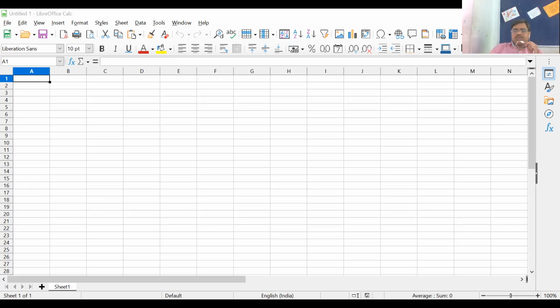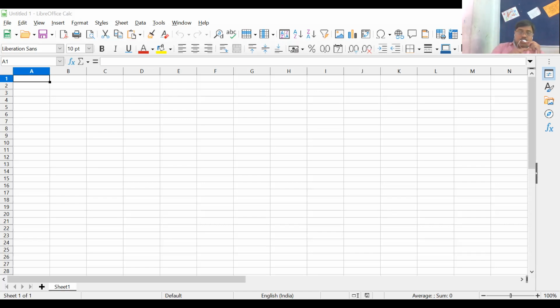Now, you have to know what a row is and what a column is. You see, this is my row number 1. Okay, a row is an arrangement of cells in a horizontal manner. Rows are represented by numbers 1, 2, 3, 4, 5. Now just see, this one is my column. A column is an arrangement of cells in a vertical manner. Columns are represented by alphabets.